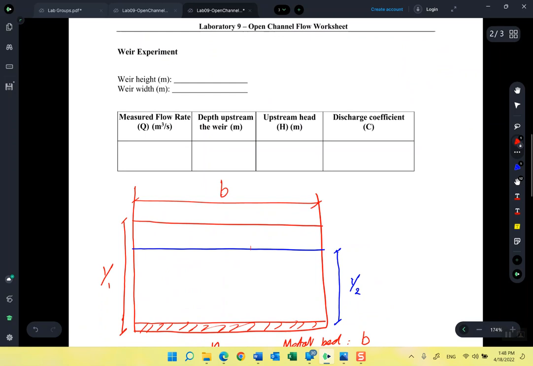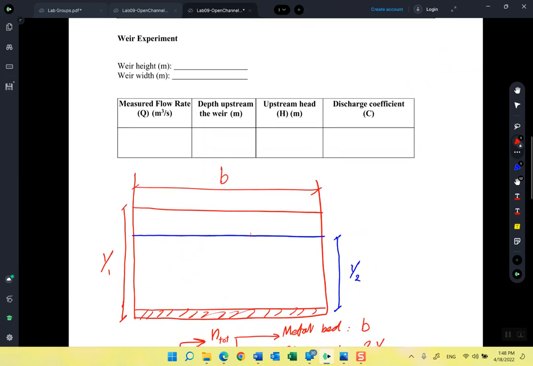a rougher bed. And then for the real experiment, it's a very easy experiment, because here it asks you to write down the real height. The height that we are going to use is 10 centimeters, 0.1 meters. And the width is exactly the same as the channel, 0.076 meters. Then you will have to measure the flow rate and write it down here. This is the measured flow rate,